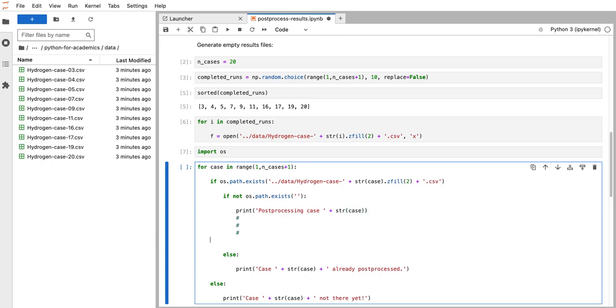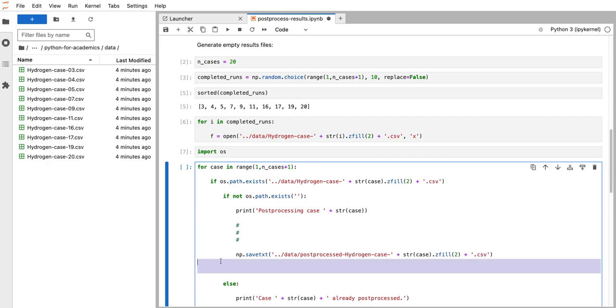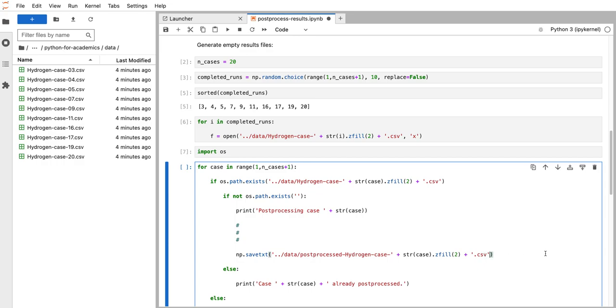And ultimately, after a lot of post-processing has been done, we're going to probably be saving the output of our post-processing to a file. And this is the file that we're going to be also checking over here. So I'm going to save that file with the numpy function savetxt. And this is going to have, let's say, a similar pattern to the file name. It's just that we're going to add a post-processed prefix to that file name, and then we're going to specify